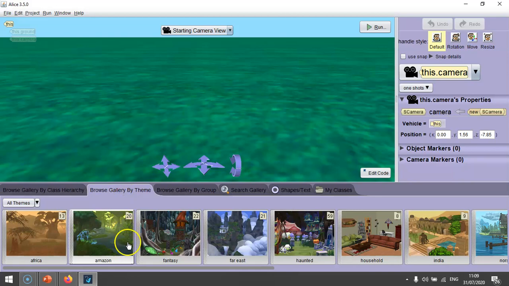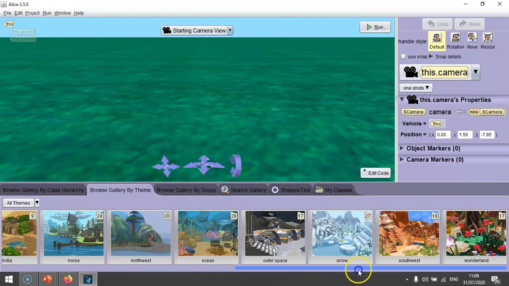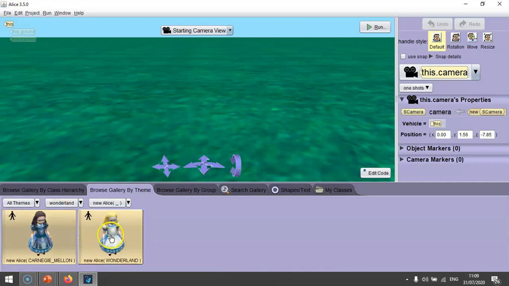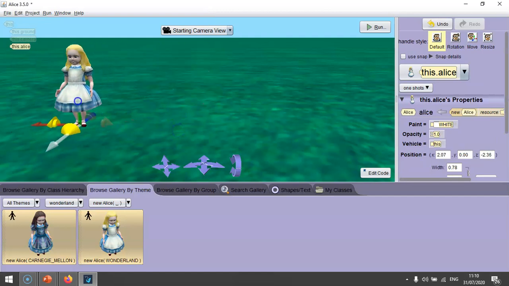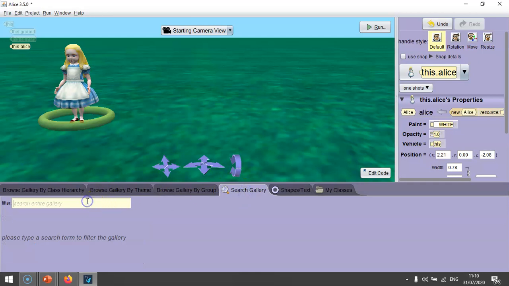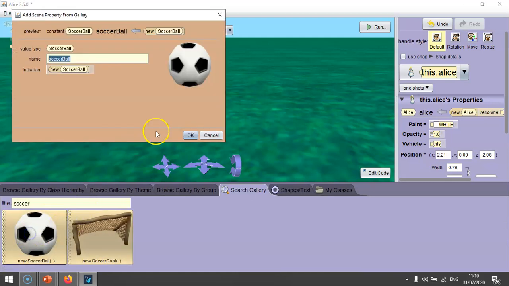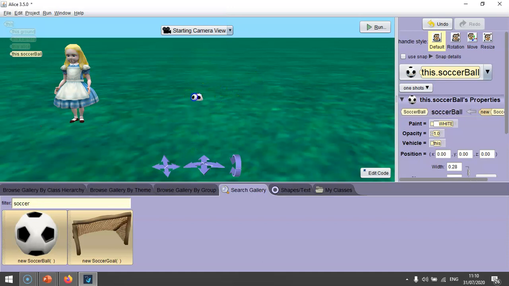So we're going to go to Theme and choose Wonderland and select Alice, and we'll select our Alice character, and we need to now find a soccer ball. So I'm going to search for the soccer ball, select, press OK. As you can see it's not on the surface,